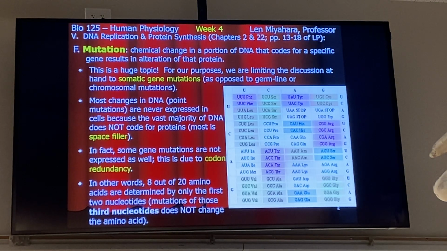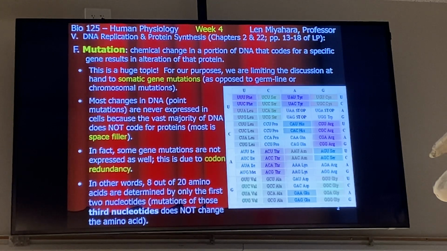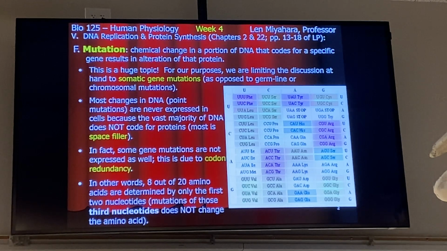I'm already lost. Everybody got blanks? In biology, when we talk about mutations, we are talking about random, unintentional changes in DNA